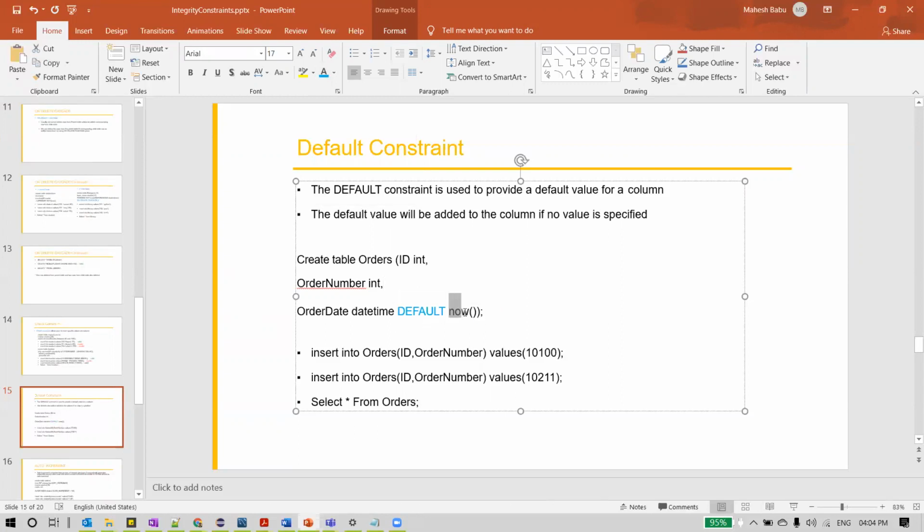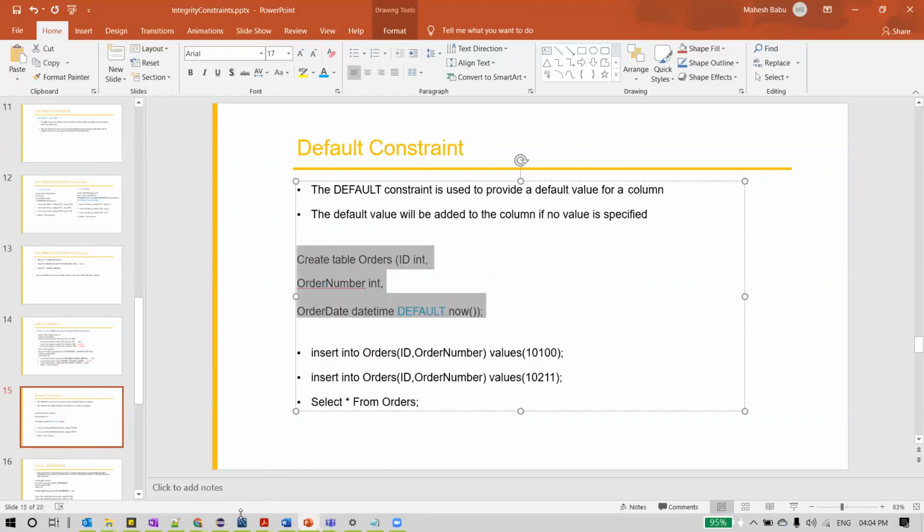What is the default value? You can specify some value here, but we are using a function called now. When we were discussing built-in functions in SQL, we discussed this. Now actually returns the current date and time. So this is what we are using as the default value for this order date column.